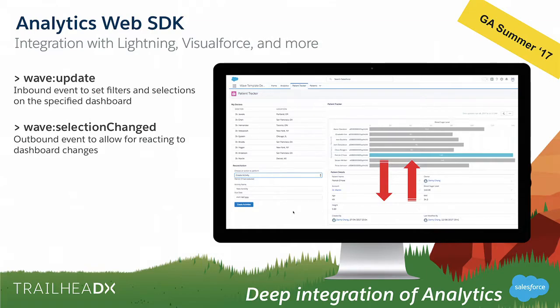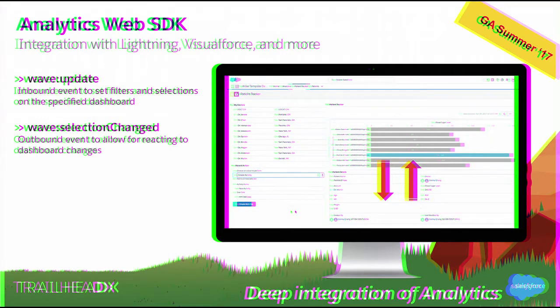And these have not been told it's been renamed to Einstein Analytics either. So it is actually Wave Update. Wave Update is if your user is in a Lightning component working around, it could send this update to a Wave dashboard so that the UI updates. If your user is clicking around on a Wave dashboard, that Wave can send this Wave selection change criteria to a Lightning component, and it can update itself. So the way that looks